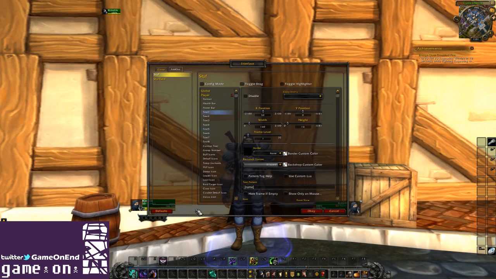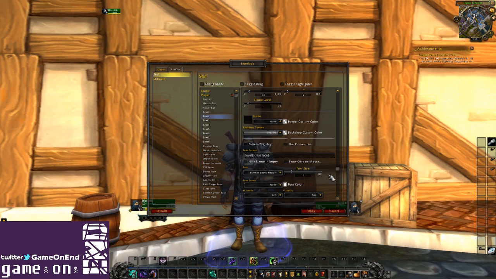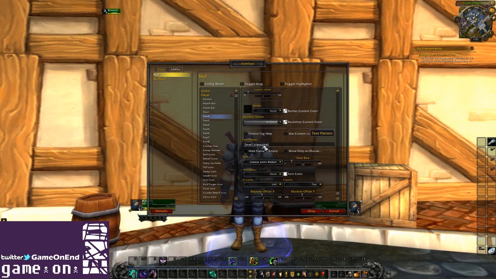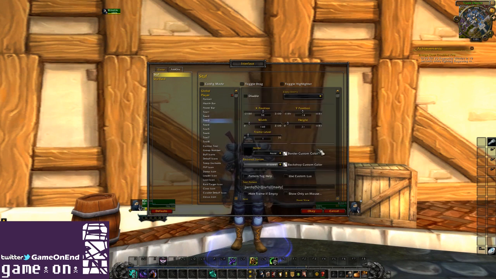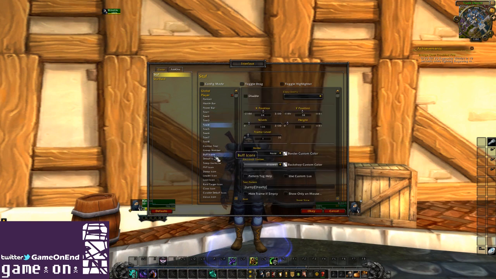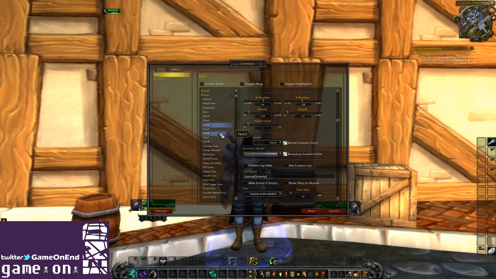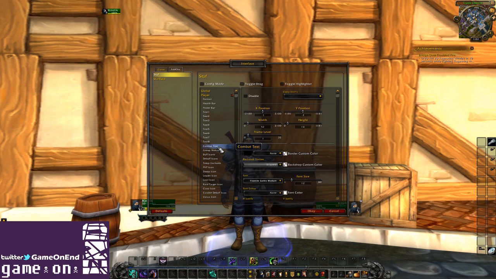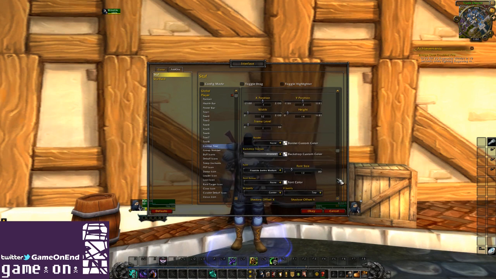The text information for every bar. You can customize the layout of the text if you'd just like to see percentages, just your max HP. And so forth. You can modify the combat text, the font of the combat text,